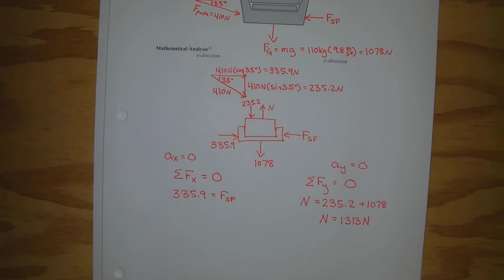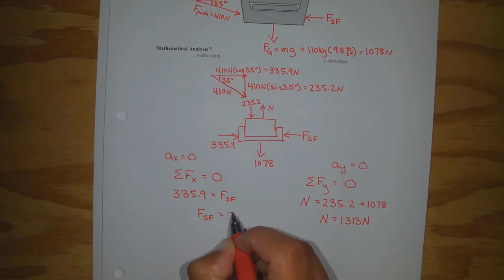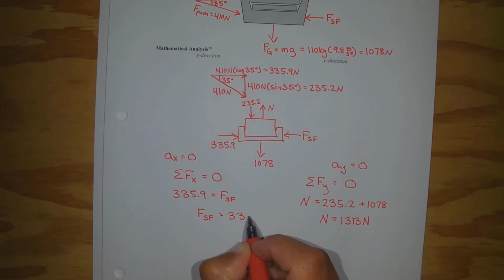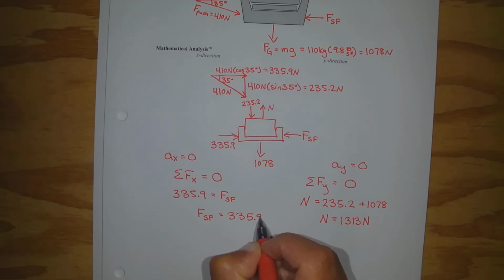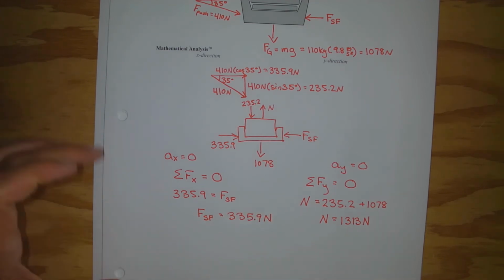Okay, so at this point I could be done with the problem. I know the force of static friction, maybe I just want to rewrite that. Force of static friction is equal to 335.9. We can leave it as 335.9, or we can round it to 336. Because the couch is not moving, there's no kinematics to do in that problem, so we found all of the unknown forces. But if you check the answer that they give you in the back of the book, what they give you is actually the